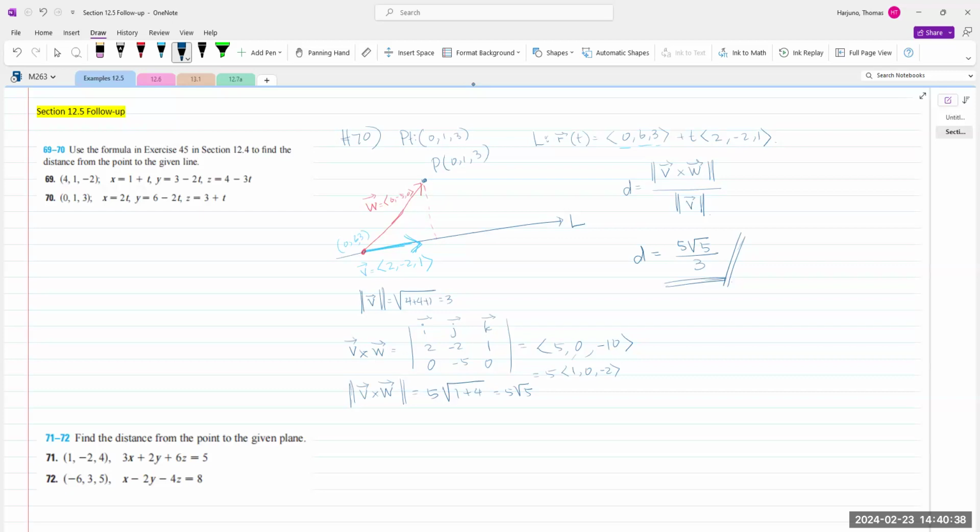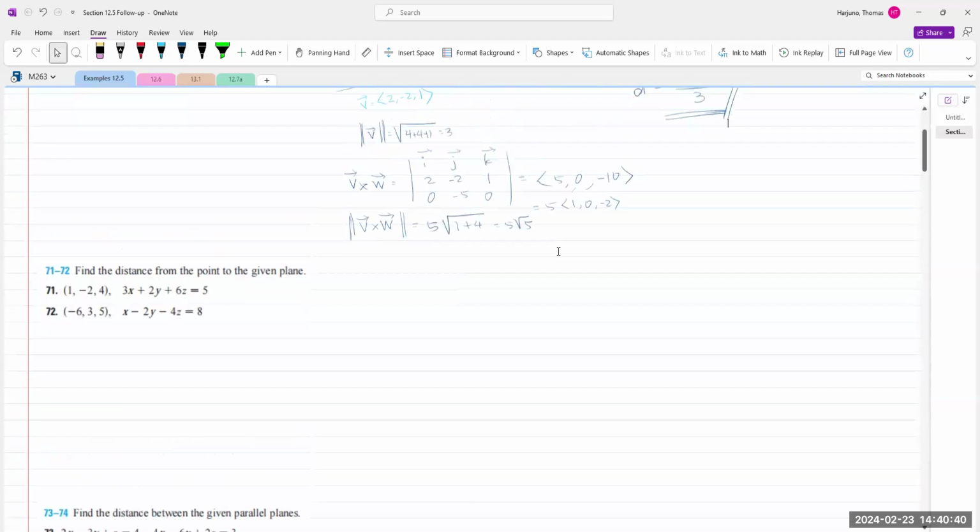Okay, next, number 72: find the distance between a point and a plane. If you happen to know the formula, go ahead and use it. Honestly, I don't remember the formula. I think I do remember the formula. So for number 72, the distance equals, replace the xyz in that